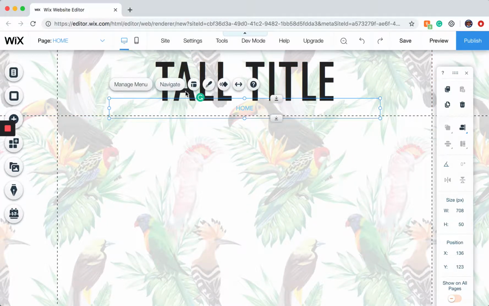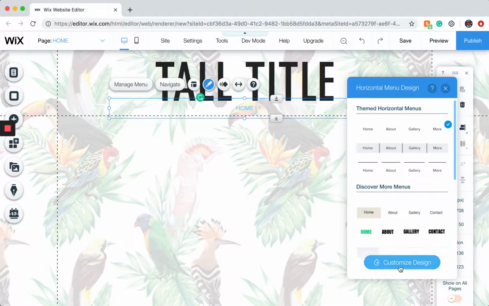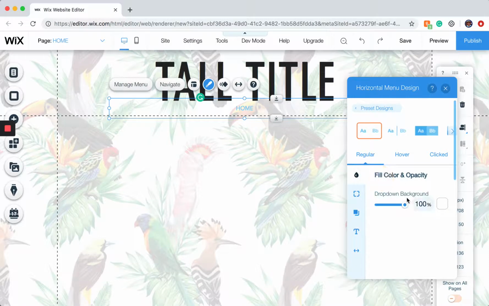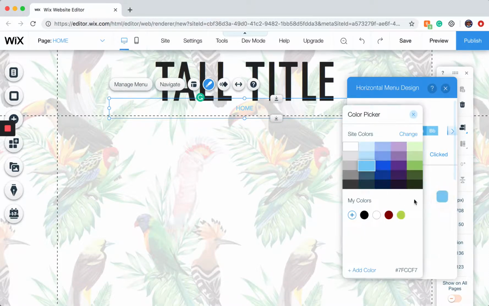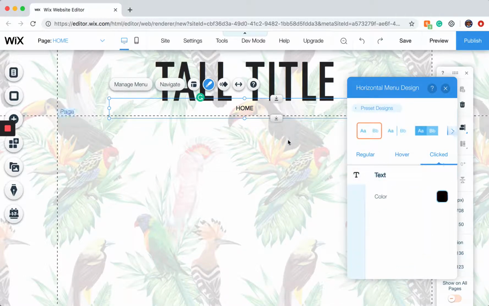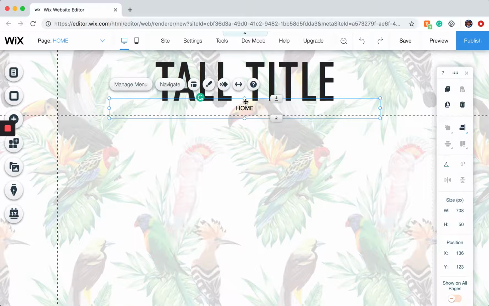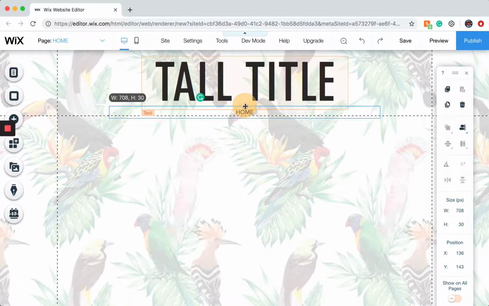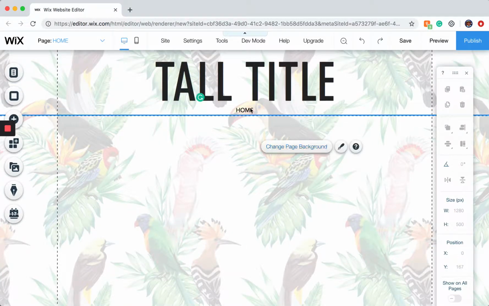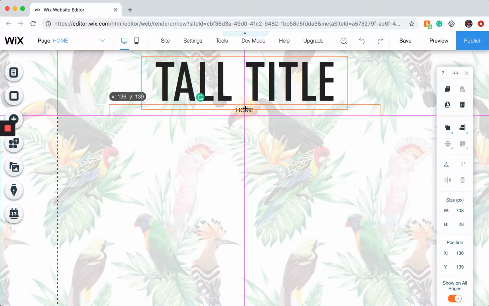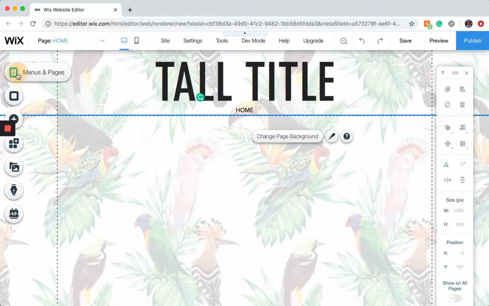We want to make sure that that also is in line with the theme. So we're going to make the color when it's hovered, make it black. When it's clicked, we're going to also make it black just because we don't want to get too crazy today. So let's just say we want it to be like that. We can drag that down a little bit so it's a little bit tighter. And we can attach it to the header. So if you click home, you'll go home. But you can also